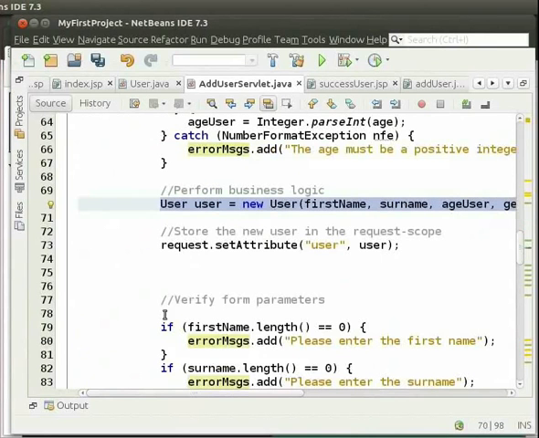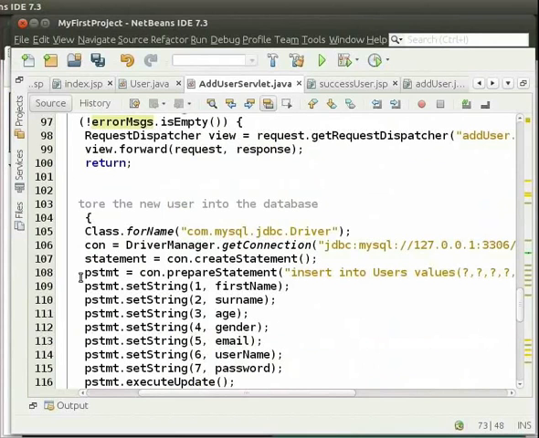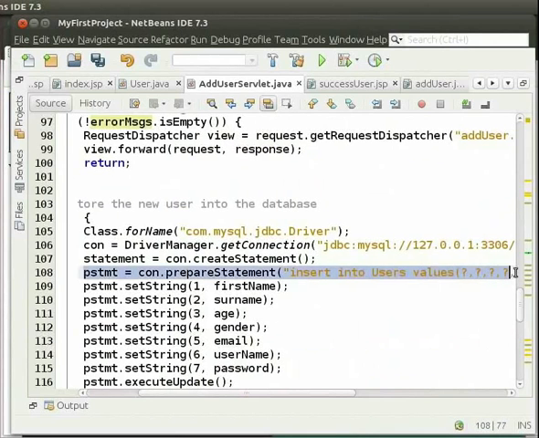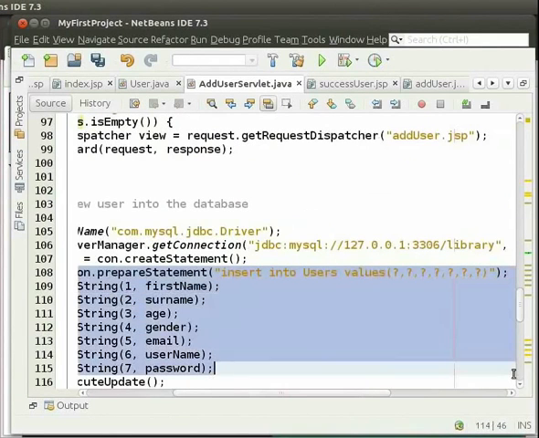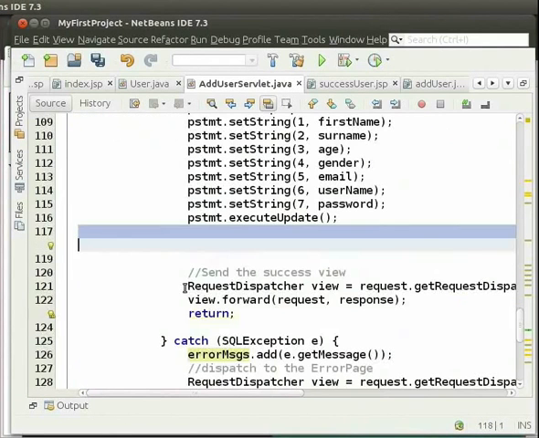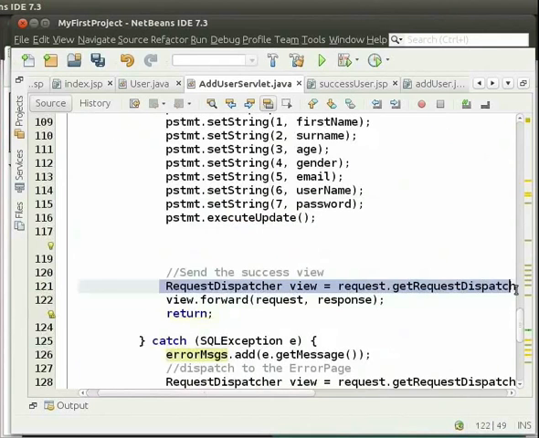We set the variable user into the request scope using the setAttribute method. If there are no errors while filling the form, we execute the query to insert the values into the users table. Then we forward to the success user page.